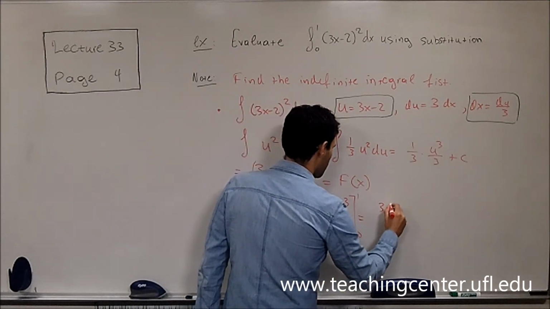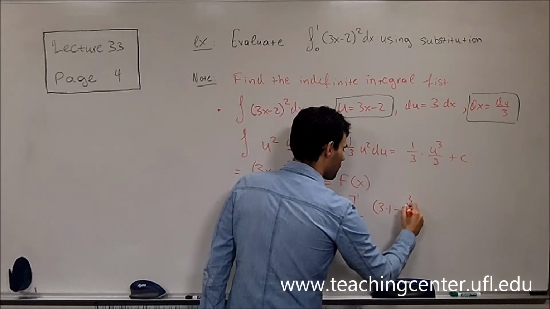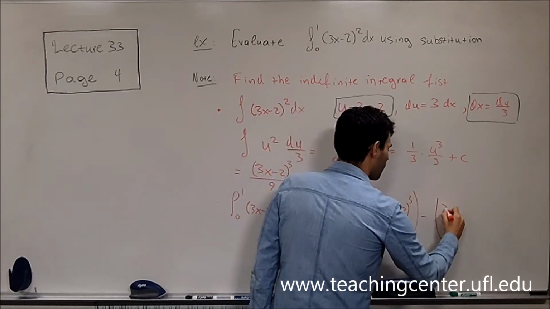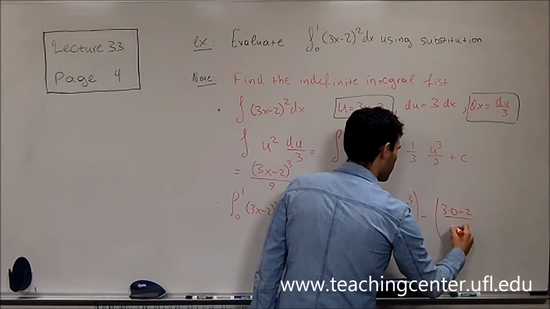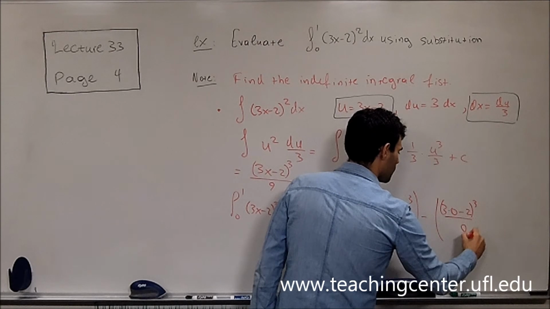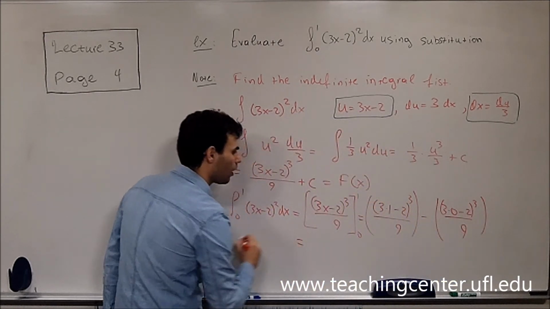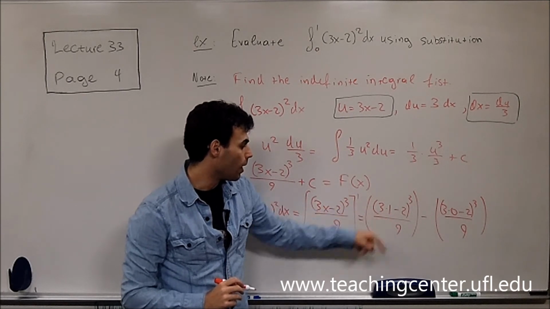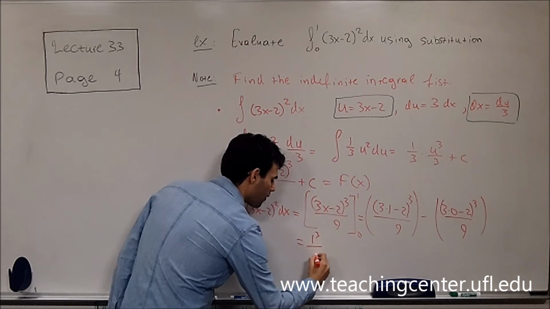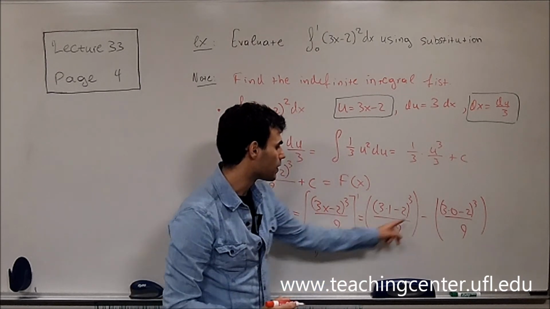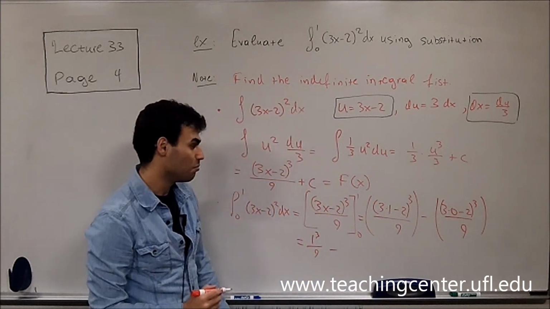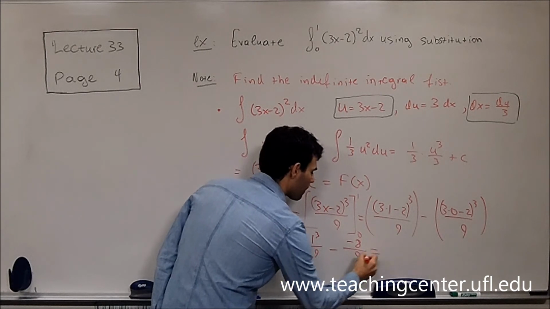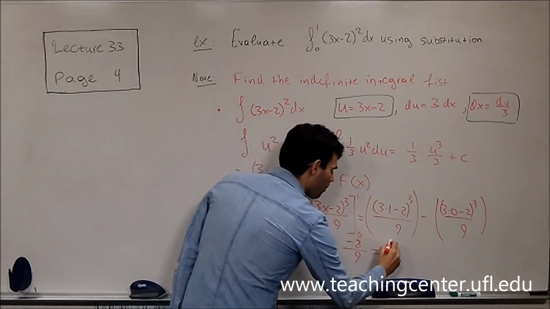This gives you (3 times 1 minus 2) to the third over 9, that's your first term, minus (3 times 0 minus 2) to the third over 9, that's your second term. Okay? And then, of course, this gives you 3 times 1, 3, minus 2, 1. So this is 1 cubed over 9. And the other one is 3 times 0, which is 0, minus 2 to the third, which is minus 8, over 9. Then, of course, this gives you 1 over 9